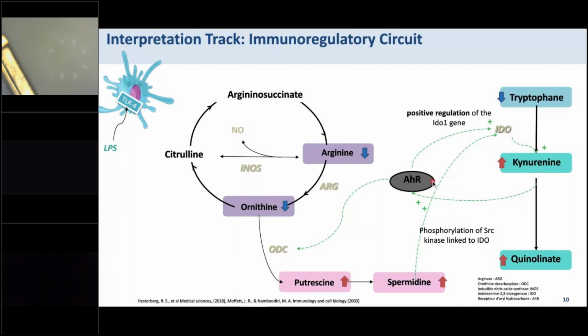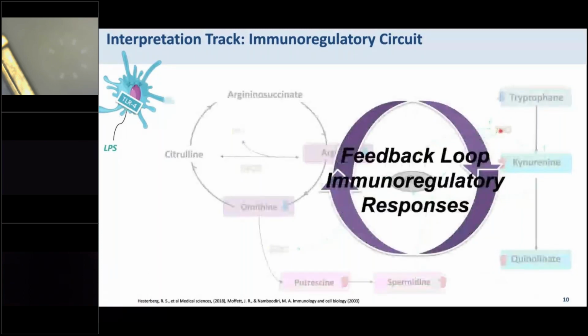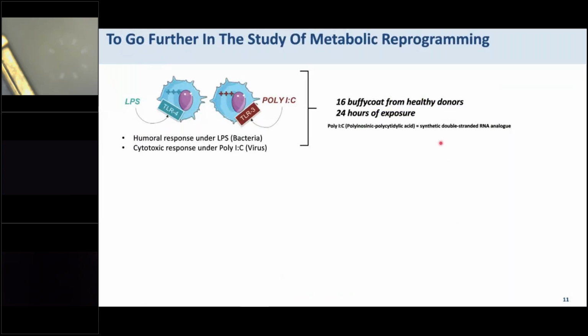to polyamine, and to go further, we observe in the literature that the production of spermidine can have a positive influence on IDO. So our data and published results seem to suggest a wider retroactive loop involving all this metabolism, but this first observation has to be confirmed at the mechanistic level. But based on this first result, we were also questioning the specificity of metabolic change of dendritic cells